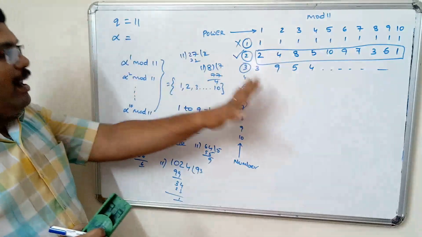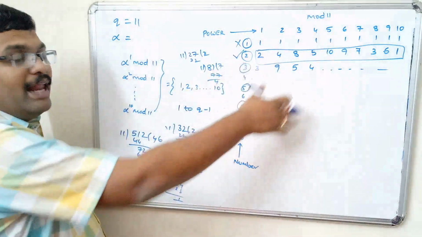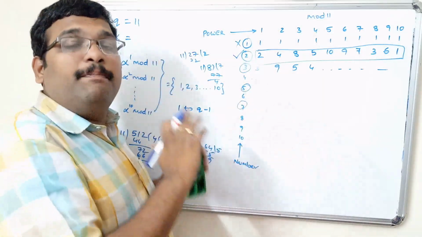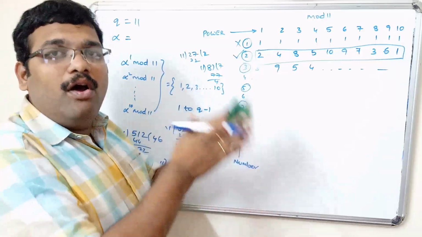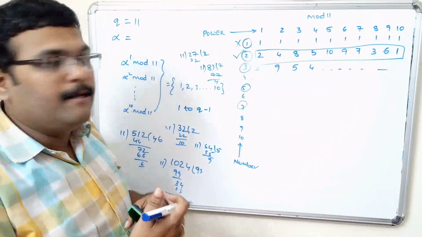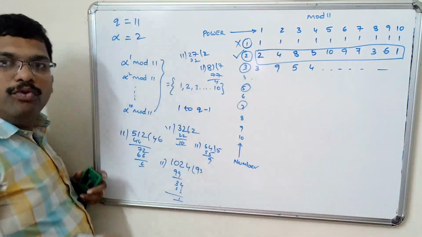Here I am selecting 2 as a primitive root. I am not calculating all the values, but you can calculate all the values, find the primitive roots of 11, and select one among them as alpha. Here I am selecting 2 as the primitive root